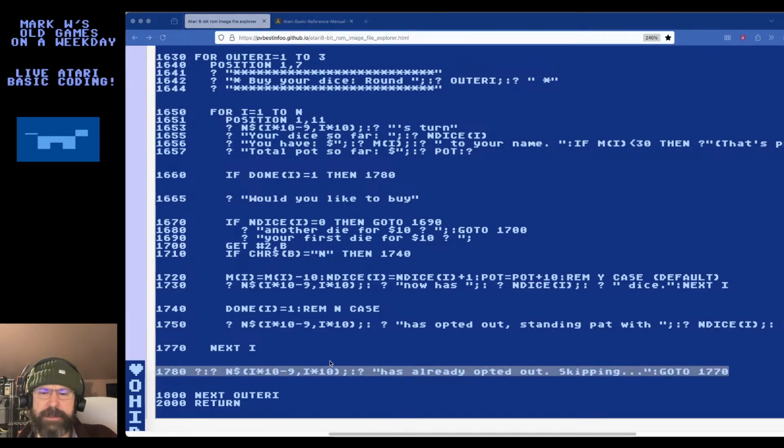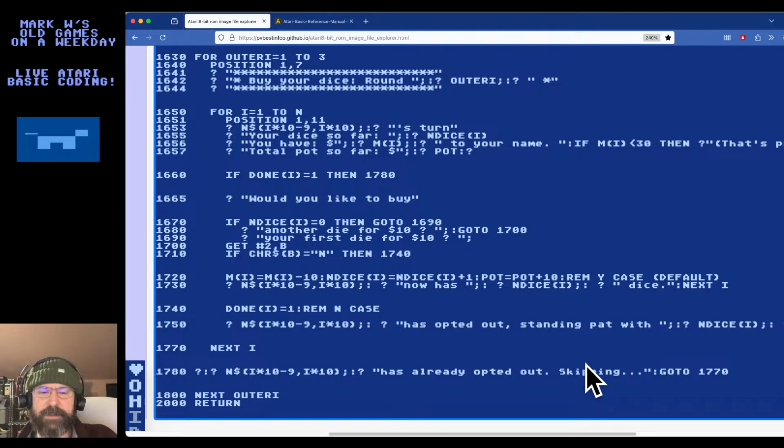And it would say the current player has already opted out, skipping. That doesn't seem right, does it? Why do I have that there? That seems wrong. I'm starting to remember that I was rushing to finish this up while sitting at Starbucks, and then I got the text from my son. I had to pick him up, so I might have had some code that had been copied and pasted and moved around and left in a garbagey state.